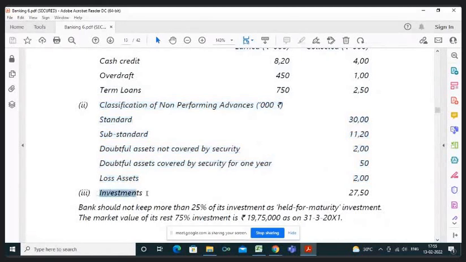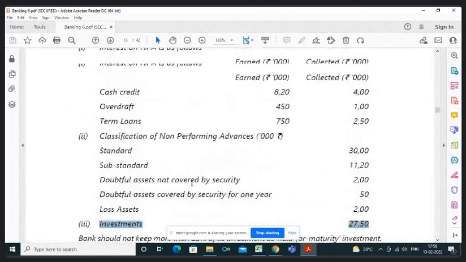Investments, again there is a provision for diminution in the value of investments. It will not affect any of our schedules to the profit and loss account. It will be on the face of the profit and loss account, which is provisions and contingencies. So we are sure that we have taken care of all the information for all the schedules. So now we have to